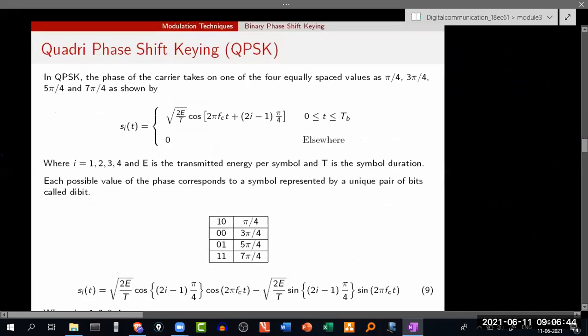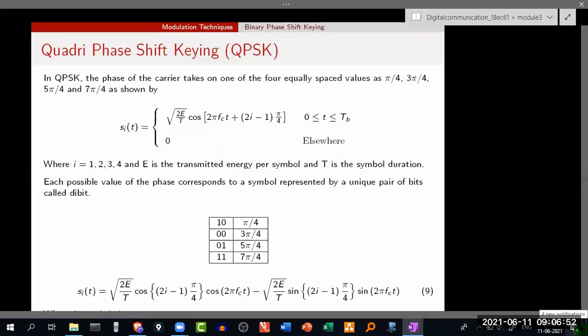But in order to transmit this BPSK, we need more bandwidth. And in order to conserve that bandwidth, because bandwidth is finite in nature, we'll move ahead with an improvement in PSK. That is, instead of BPSK, we'll go with QPSK, where Q stands for quadri. Now quad is something that is associated with 4 values.